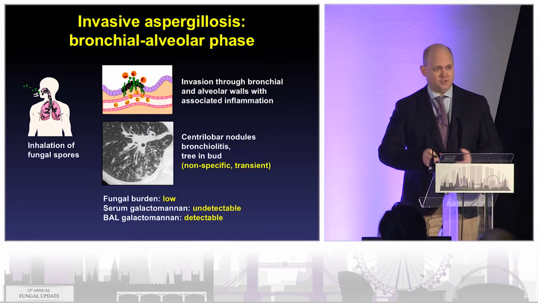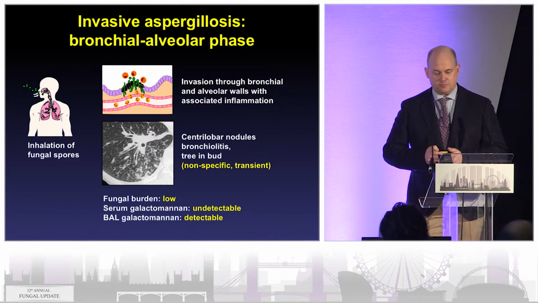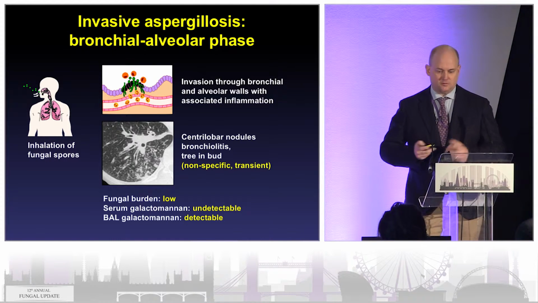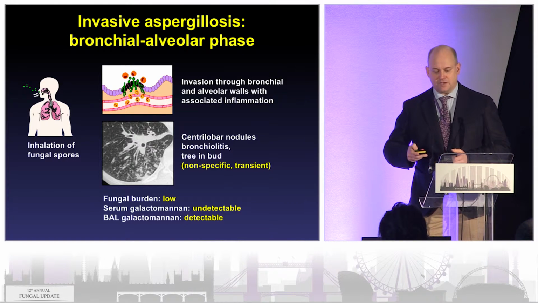Serum galactomannan may be undetectable. If they go to a BAL, they may detect by culture a BAL pathogen, but the disease is very indeterminate at this period. When we then go into the angioinvasive phase,